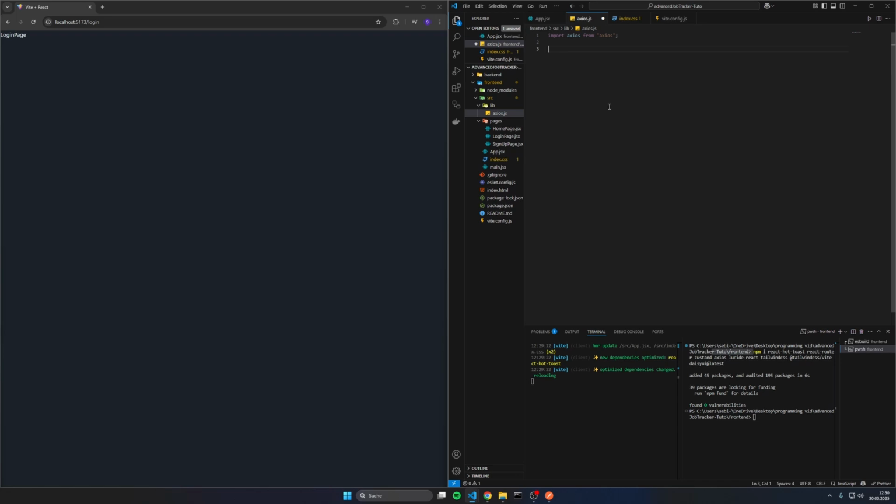And then we are exporting a function called axiosInstance, and it is equal to axios.create, and inside there we are adding a JavaScript object, and we are saying the base URL is